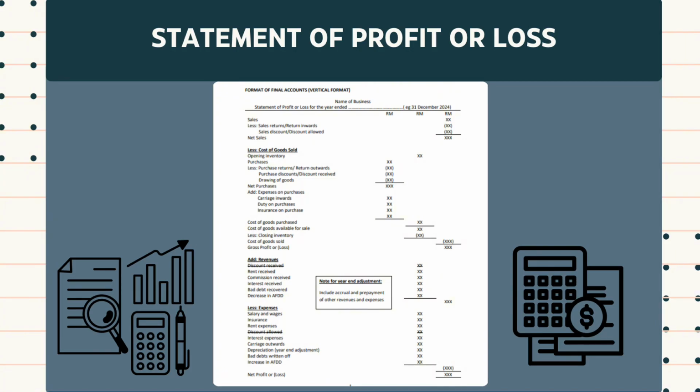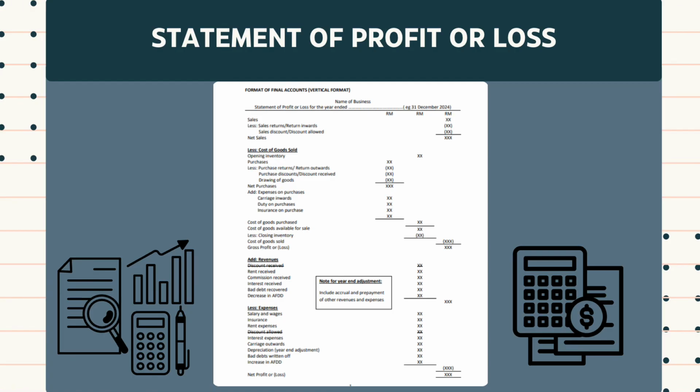It starts with revenue, which represents the total income generated from the company's core operations, such as sales of goods or services. From there, we subtract the cost of goods sold. The short form is COGS, which reflects the direct cost associated with producing the goods or services sold,